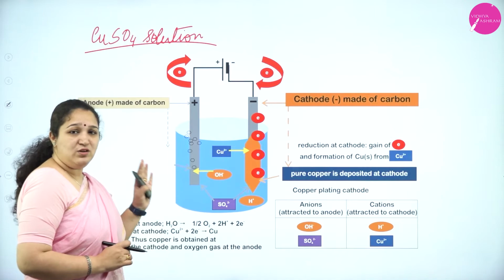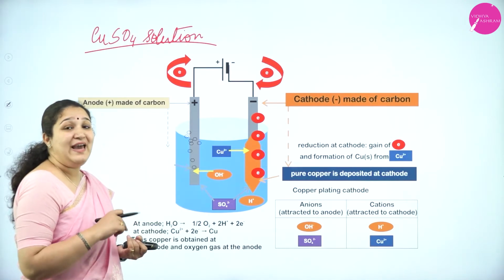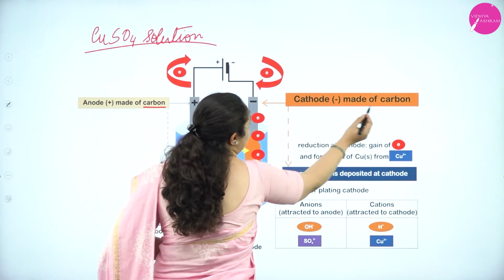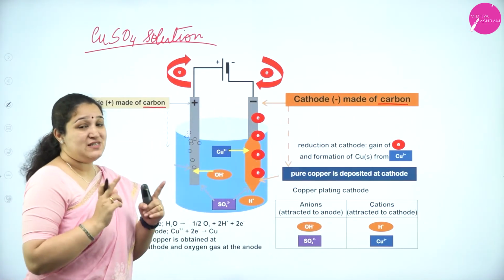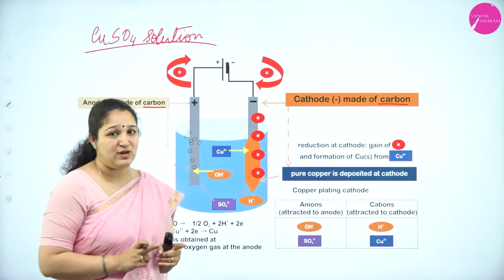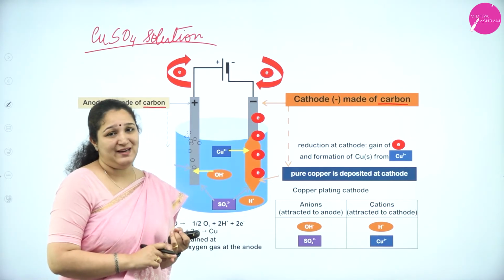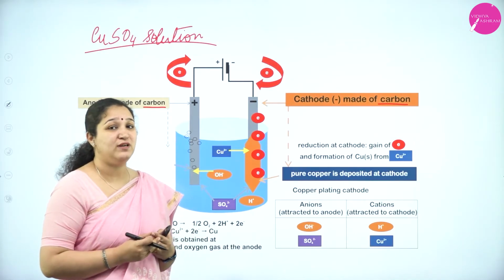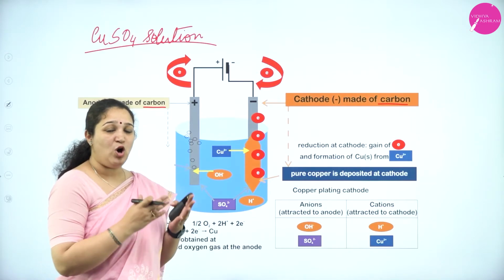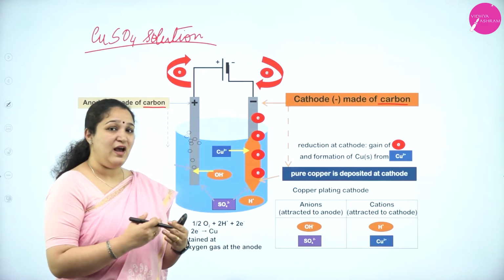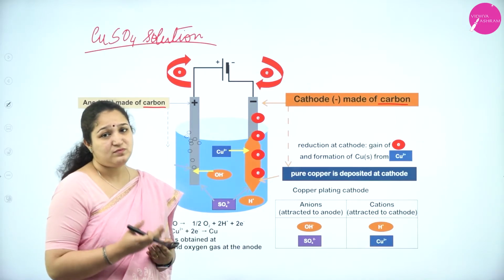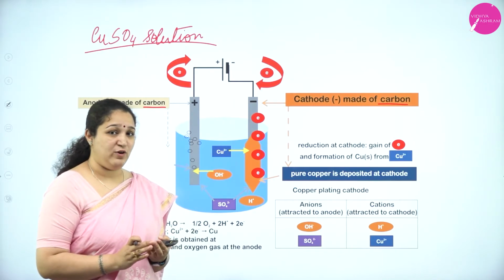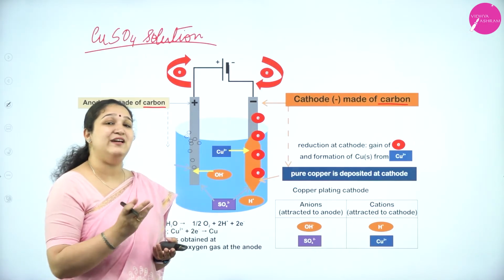Here, I have taken copper sulfate solution, but the electrodes we took here are both carbon electrodes. Same copper sulfate solution. When electrolysis happened using impure copper and pure copper electrodes, the reaction was different, isn't it? There, copper from the anode started dissolving and got deposited as pure copper at the cathode. Correct? Which I have explained already for you all. Now, there is a change in the electrode, that's all.